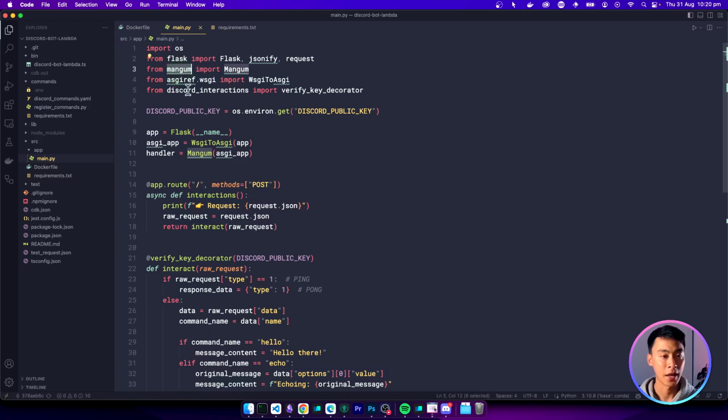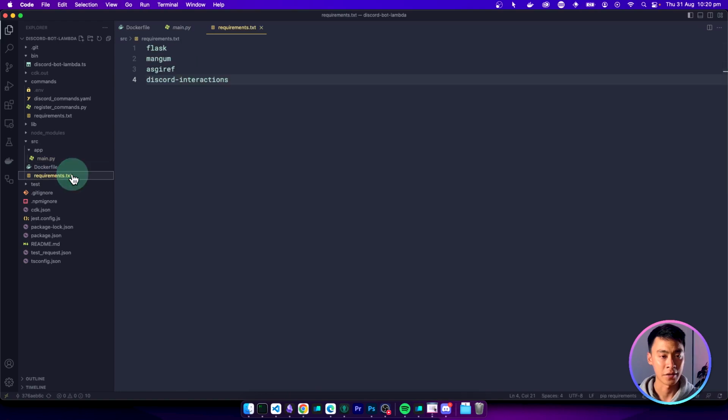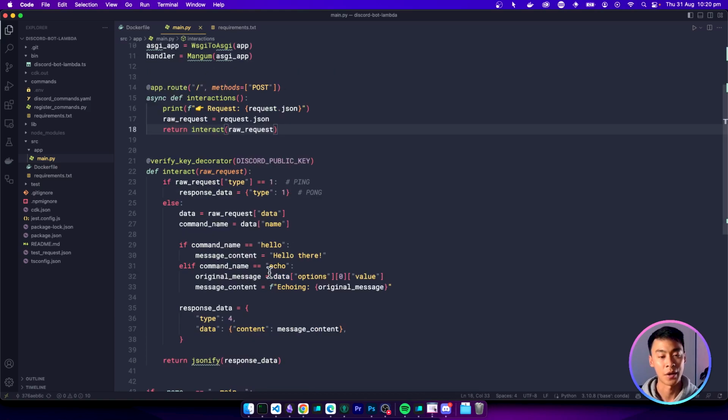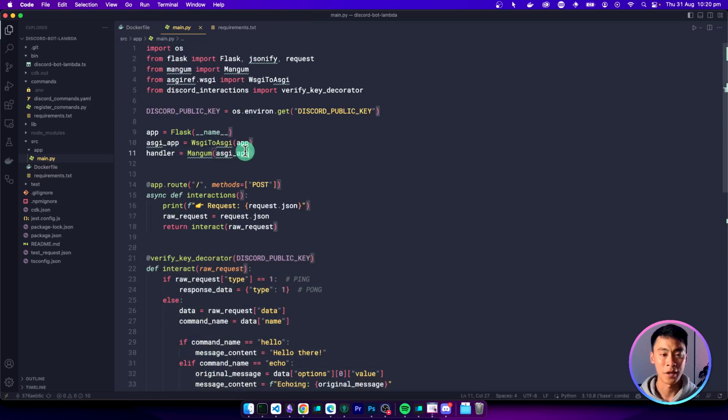We're going to use mangum and ASGI-ref. So pip install those. Again, they're in the requirements text here as well. So make sure you have them. And then you can import them into your file and just put these lines underneath your Flask app. These two things will convert this Flask app into a handler function that Lambda can send a request to, but then Flask can understand that information. It transforms it and it turns it into something that Flask will understand. So now our interaction will work. So that's all you have to do, just these two lines, and we will be ready to use this on AWS Lambda.